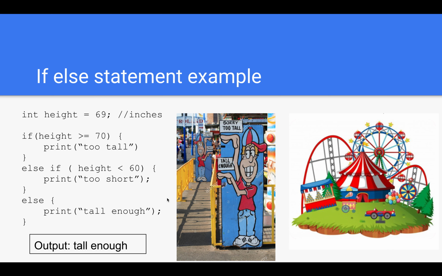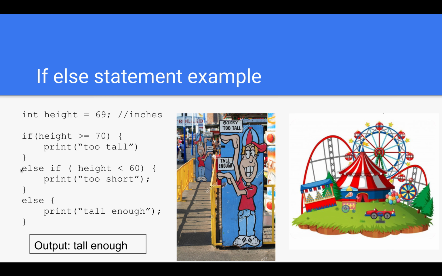Let's say I go on another ride where the height range for the ride is 60 to less than 70. So if height is greater than or equal to 70, print too tall. So the height is not greater than or equal to 70, so it will pass this